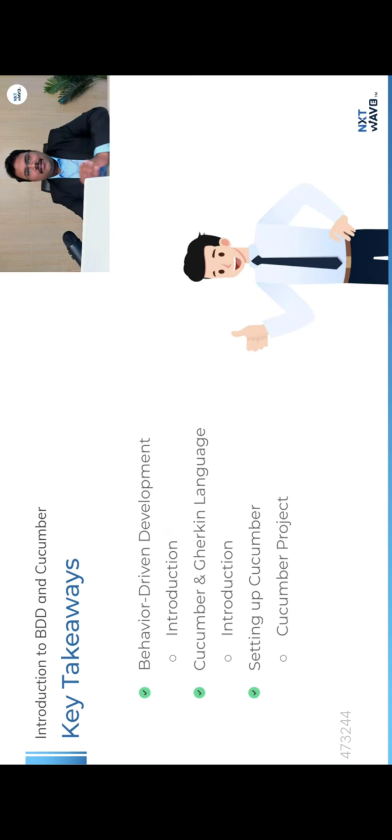Now, let's quickly summarize what we have understood so far. On the whole, we got a basic overview of what the behavior-driven development model is, right? And we also understood the importance of Cucumber and the Gherkin language. We also saw how exactly we can write a scenario,